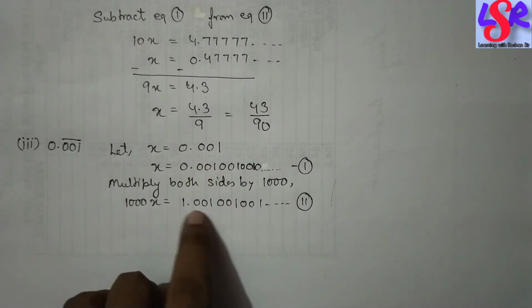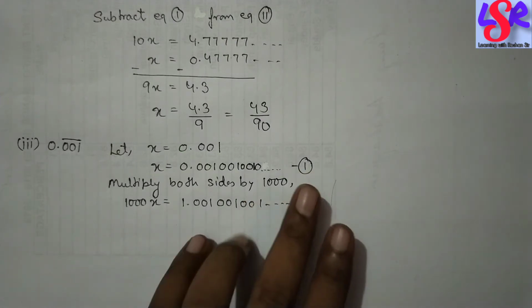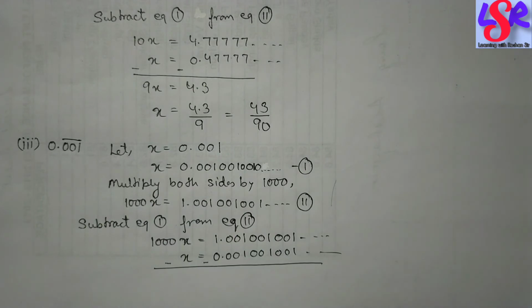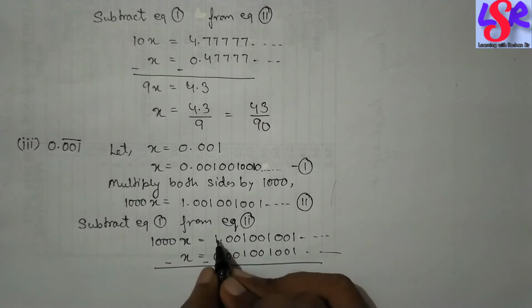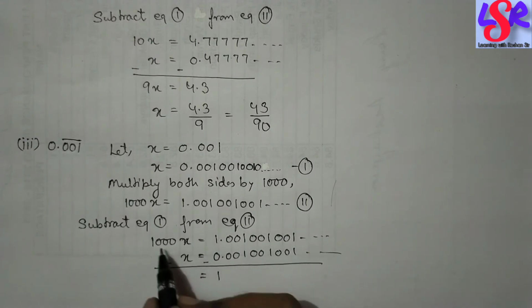So here we got 1 point this one. Now second equation and third equation, we are going to subtract the first equation from the second equation. Now इसको हम लोग ऐसे अरेंज कर लेंगे, अब डेसिमल के नीचे डेसिमल में आने के बाद इस डेसिमल के बाद के सारे नंबर सेम हैं, सो ये सब जीरो हो जाएगा। तो we are left with 1 minus 0, that is equals to 1, और 1000